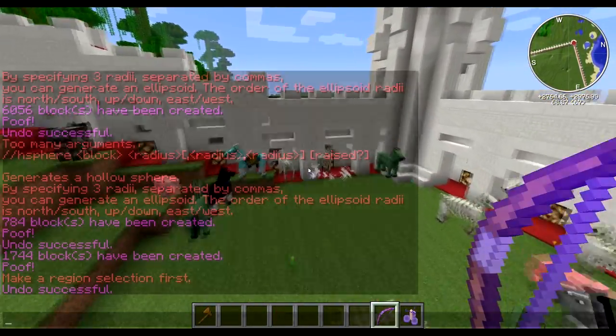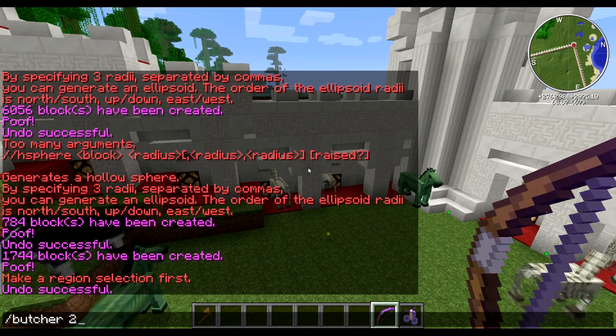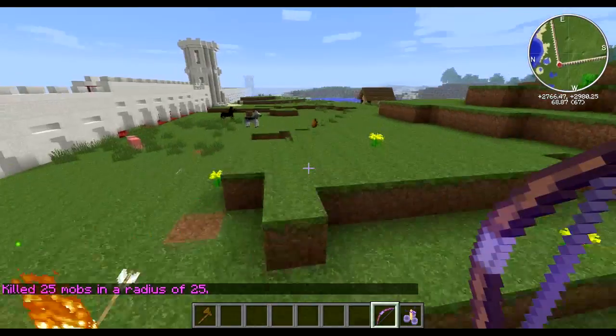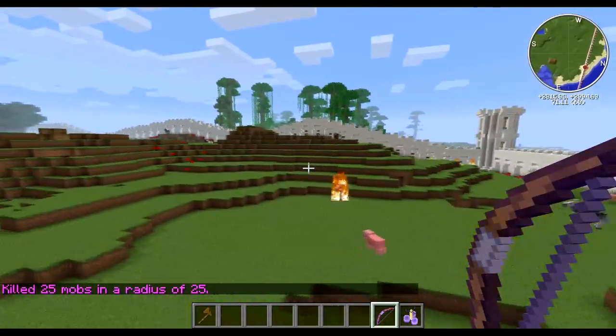Let's just get rid of these. Butcher 25 AP. Nice and clean. I'll leave that one because that's my horse. But okay,